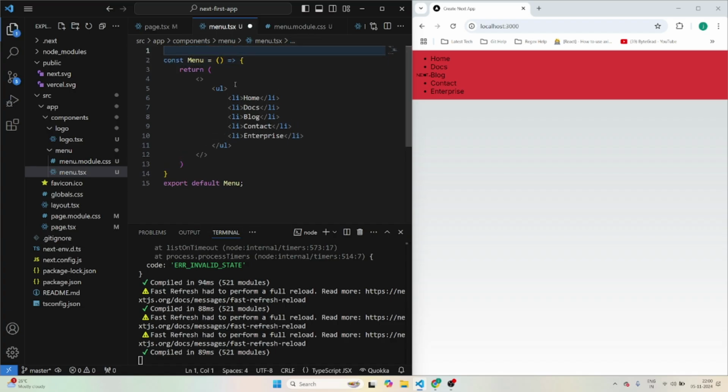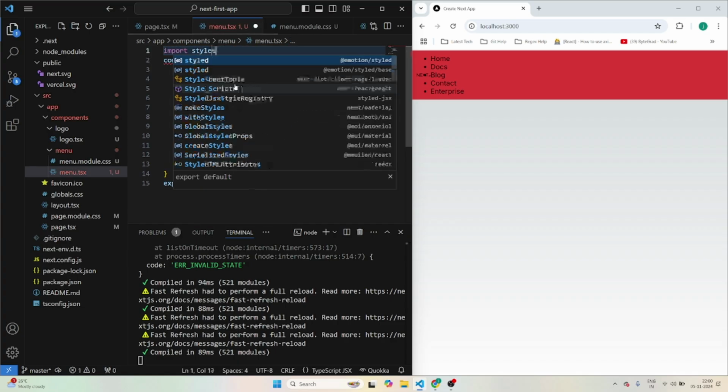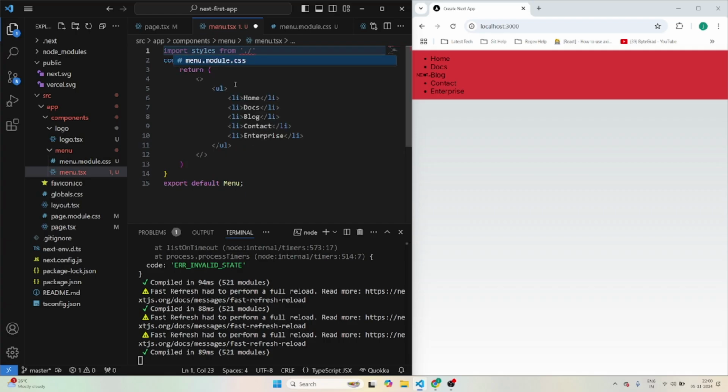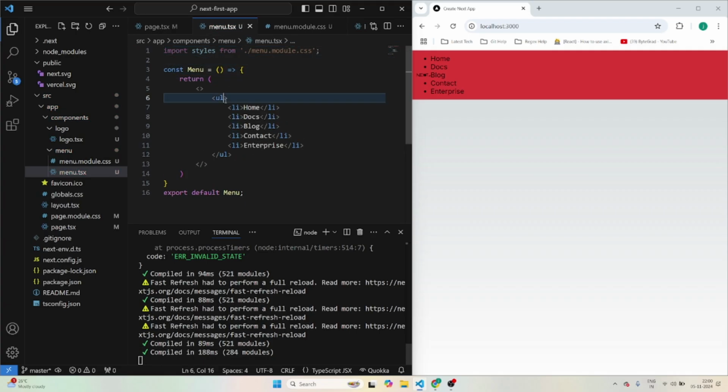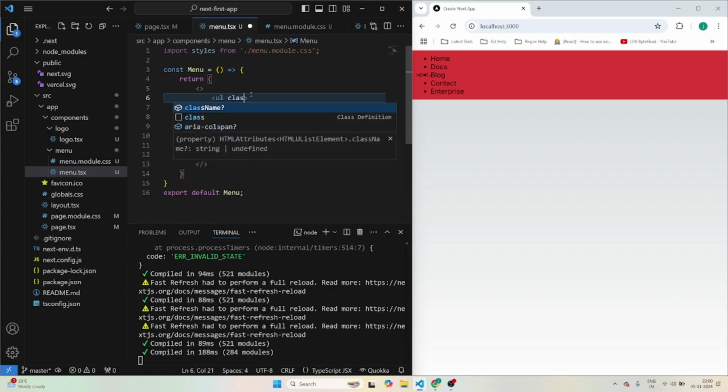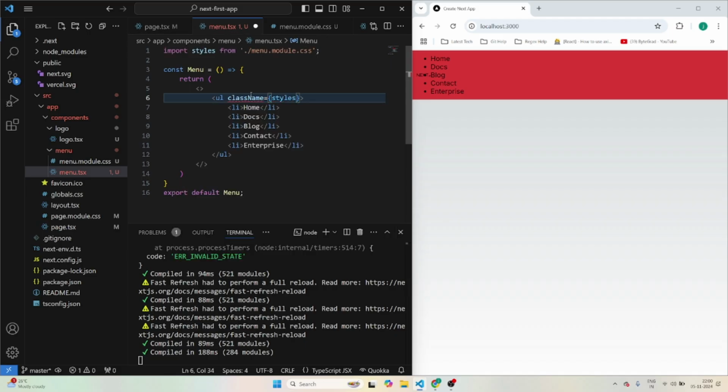I'll go here, I'll import styles from menu.css. Now once this has been imported, I'll go to the UL, add a class name, styles, I'll name something called menu container,